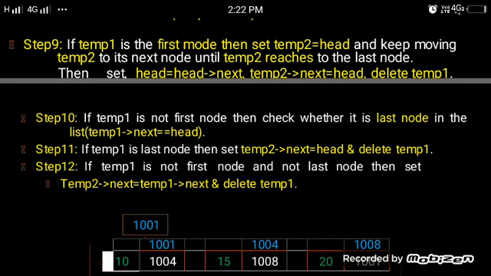After that, if temp is the last node, then set temp2's next equal to the head value and delete temp1. If temp is neither the first node nor the last node, then set temp2's next to temp's next address value and delete temp1.